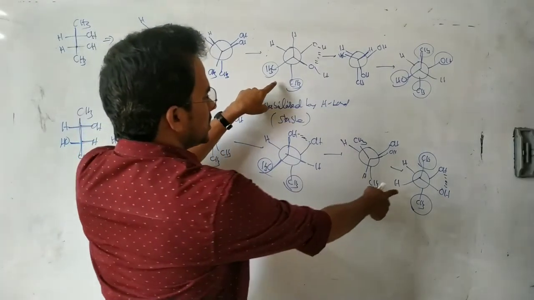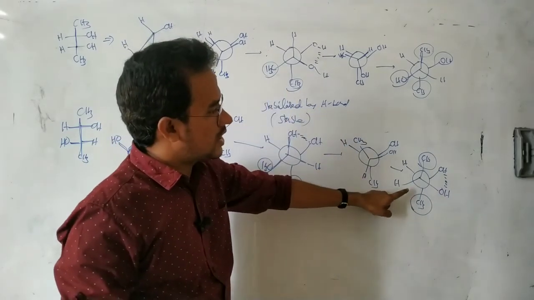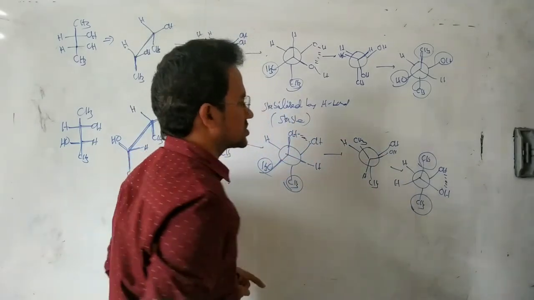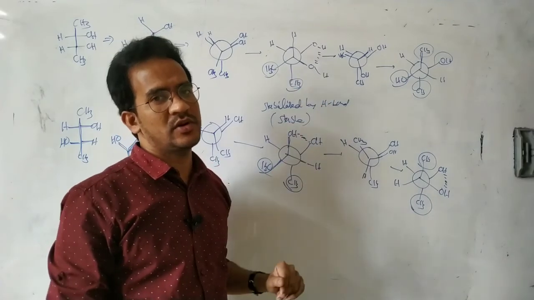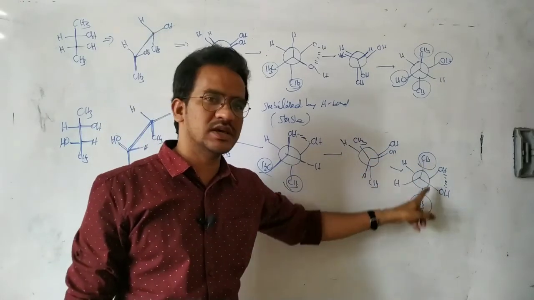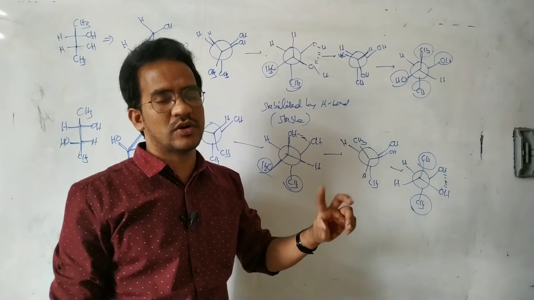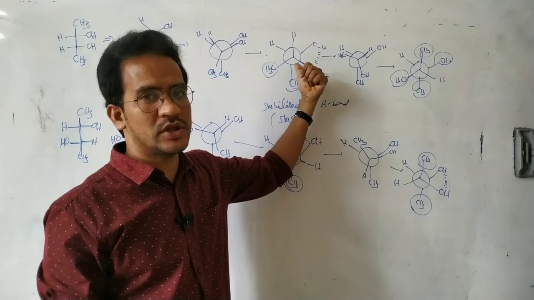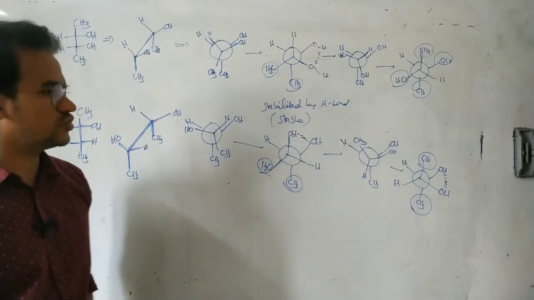Now comparing these two conformations: this is a meso 2,3-butanediol conformation, and this is a dextro or levo butane-2,3-diol conformation. Between these two, which is more stable? The dextro or levo isomer is more stable than the meso isomer, because in the meso isomer, even though there is hydrogen bonding, the methyls are adjacent to each other. But in this case, the methyls are opposite each other, and additionally there is hydrogen bonding. That's why the dextro or levo isomer of 2,3-butanediol is more stable than meso 2,3-butanediol. These are the conformations of 2,3-butanediol.